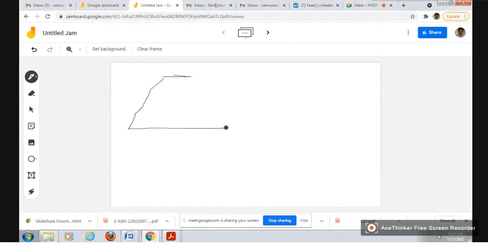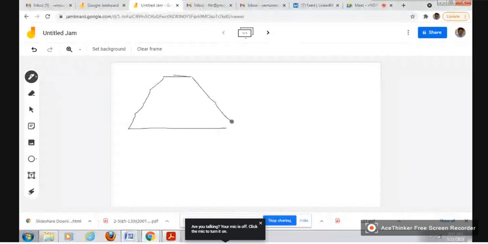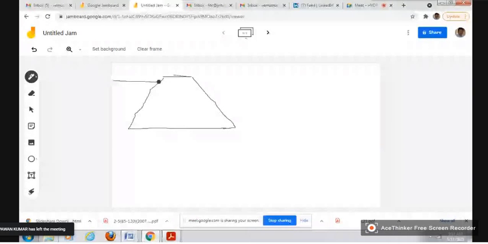Okay. I will draw that diagram here and explain using this Jamboard, right? So this is the cross section of the earth dam. As I said, Laplace equations give two sets of curves. One is the equipotential lines and the other is the streamlines, right? This is the embankment and this is, let us say, the horizontal filter. Your top streamline will be like this. This is one streamline and this is another streamline.